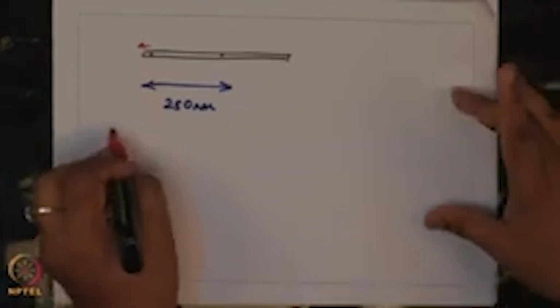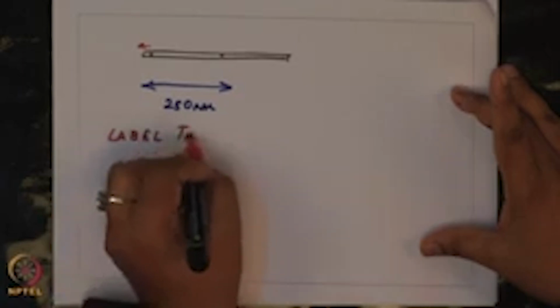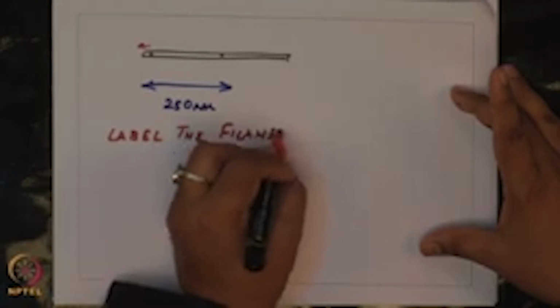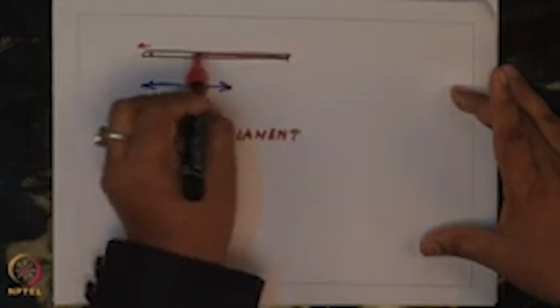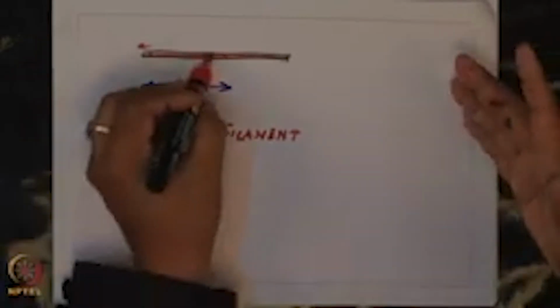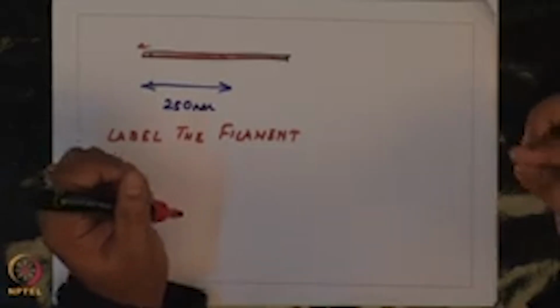But if you label the filament, if you label the entire filament, then this entire thing will turn red. In this case also you cannot see individual monomer level polymerization or depolymerization events. So, how can we devise an approach such that we are able to visualize protein dynamics? So, you want to visualize